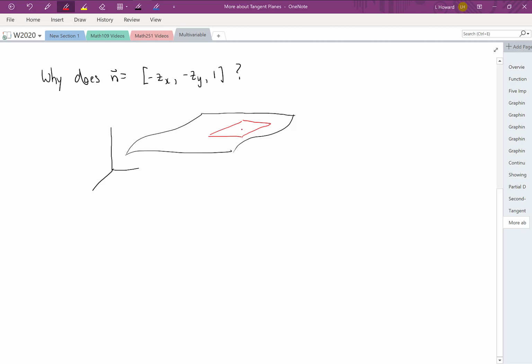So let's try to find two direction vectors for this plane. We're going to call them vector u and vector v. Okay, and then the idea from linear algebra is that the normal vector will end up being the cross product of the two direction vectors. So we're going to find these two direction vectors, u and v, that determine the directions of our tangent plane here. We'll see how to do that in a minute. And then once we've got our two direction vectors, we're going to cross them together, and that's going to give us the vector that is normal to our plane, that's perpendicular to our plane. Okay, so let's write down what we're doing here. u and v are going to be our two direction vectors